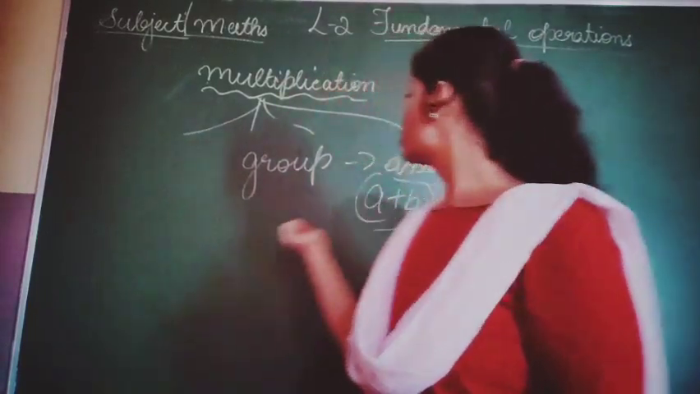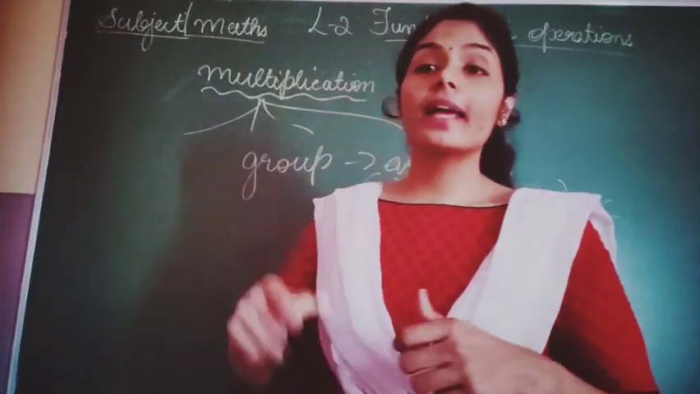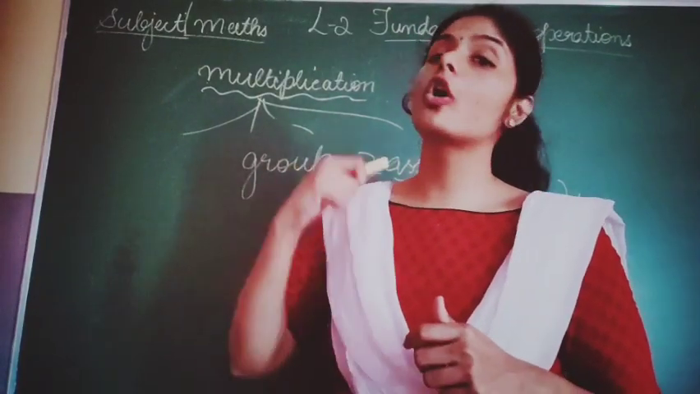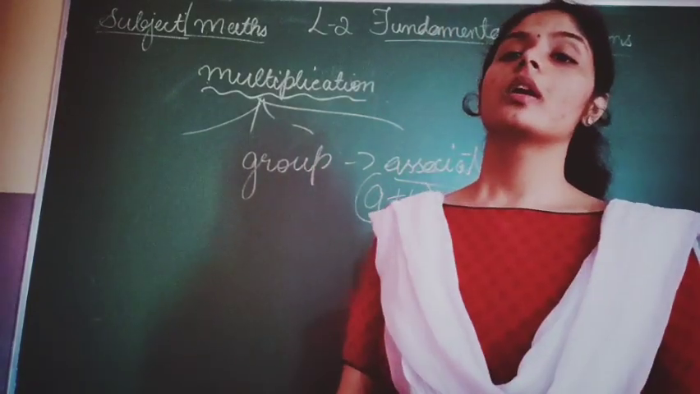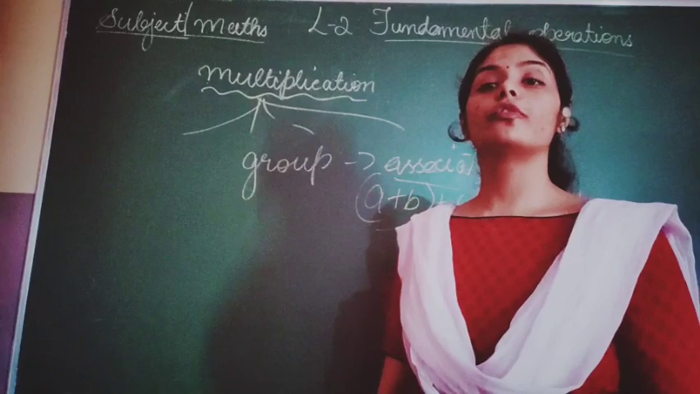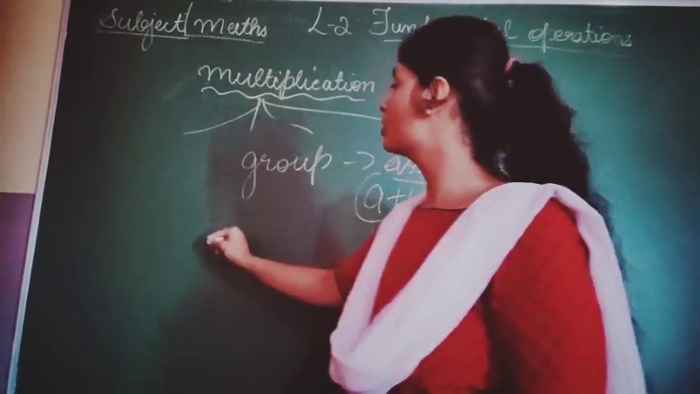This method not only adds your numbers but also helps you find whether your answer is correct or not. This is the simplest way. Okay, this is the formula for the associative property. So for a group, how will you multiply in a group? Now in a group you have